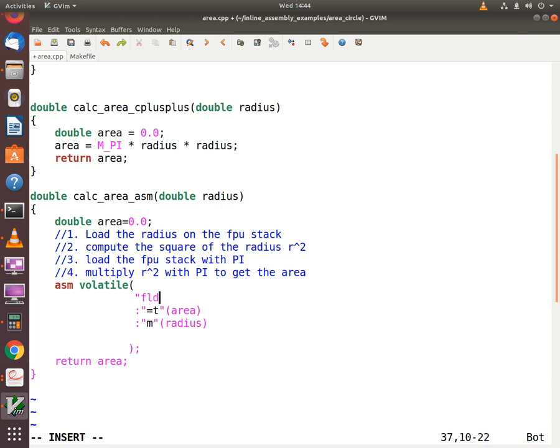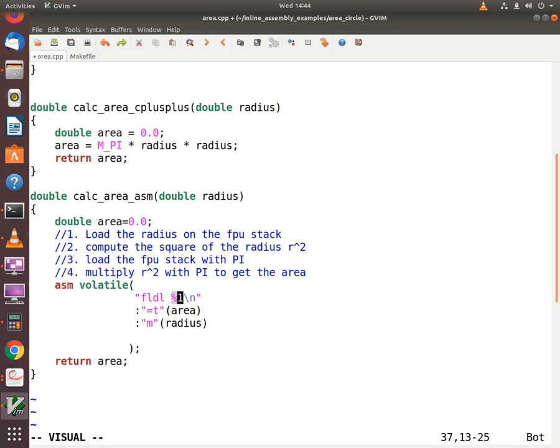And notice that our input variable radius is of type double, so we want to use the fldl version of the instruction. So then I specify %1 as the operand,